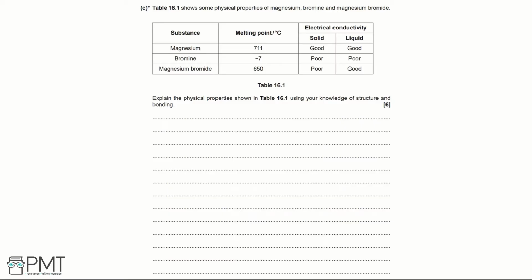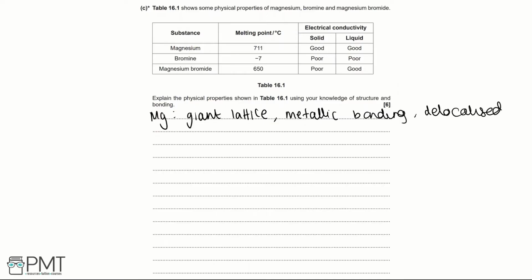Explain the physical properties shown in Table 16.1 using your knowledge of structure and bonding. So firstly, let's look at magnesium. The structure of magnesium is a giant lattice and it's metallically bonded. In metallic bonding, you have delocalized electrons which can carry a charge. And that's why if we look at table 16.1, we're told that magnesium is a good electrical conductor as a